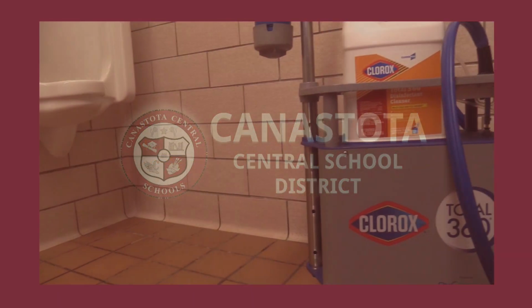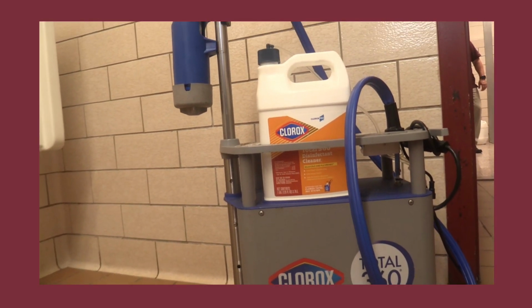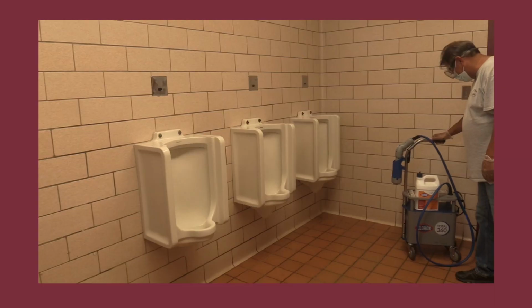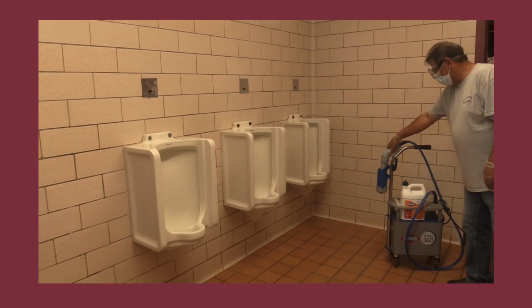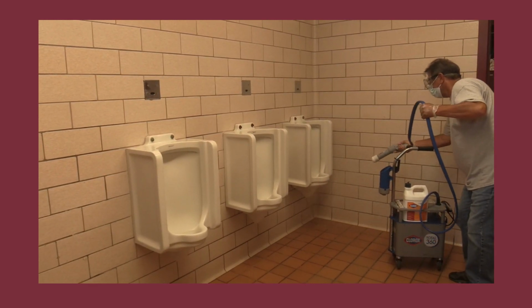This is the Clorox 360 machine. This machine sprays a disinfectant which has a positive charge, allowing it to connect to every negative charge throughout a room for thorough cleaning. Here we can see as the cleaner cleans around the urinals in the boys' bathroom using